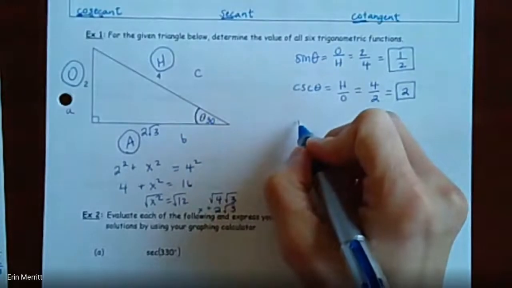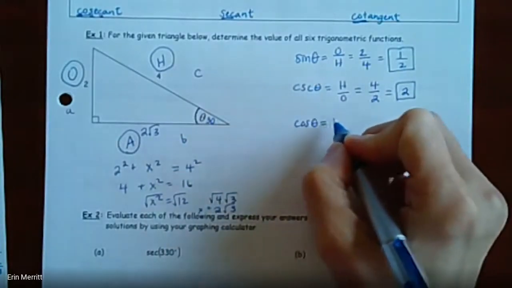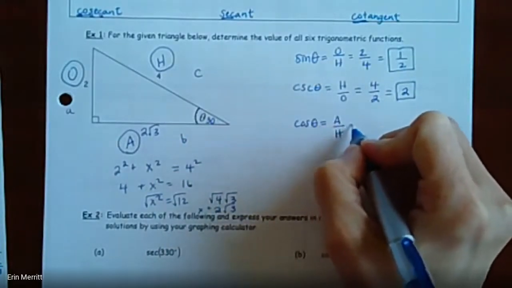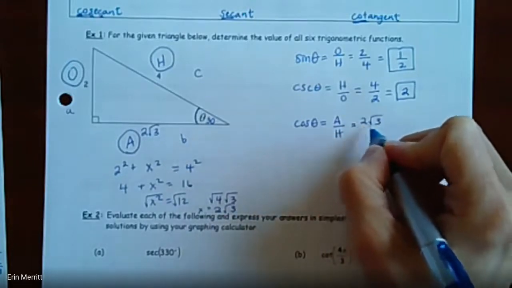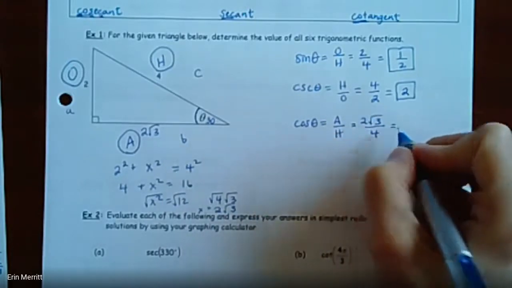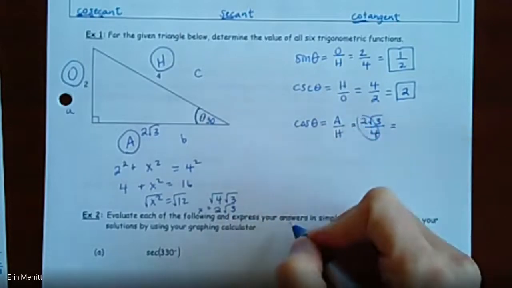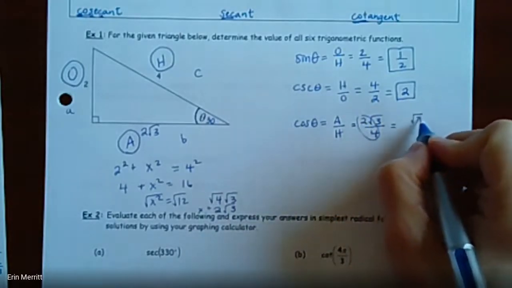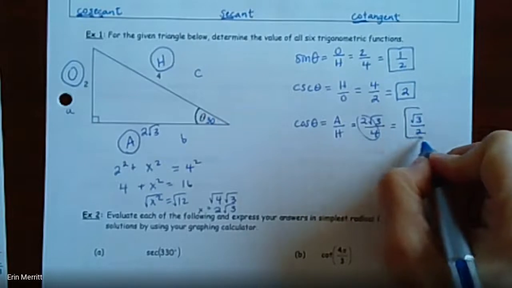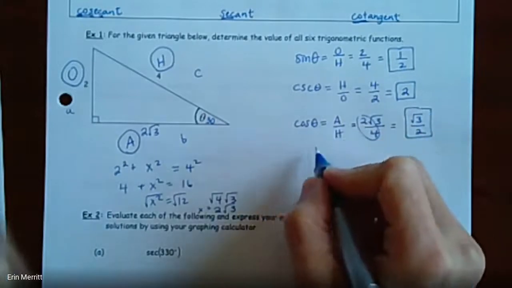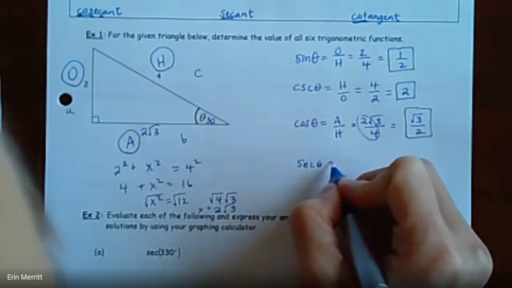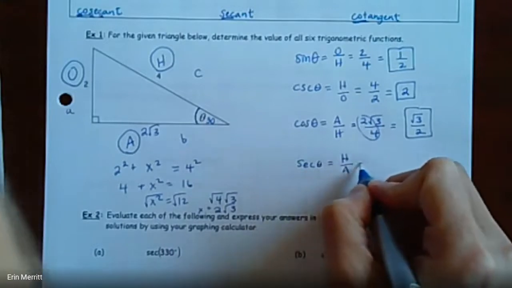All right, now let's do cosine. Cosine, A over H. So 2 radical 3 over 4. In this case, you would just reduce this part of it, and so that would come out as radical 3 over 2. If we now do its reciprocal, secant, that would be the "ha", so H over A, so